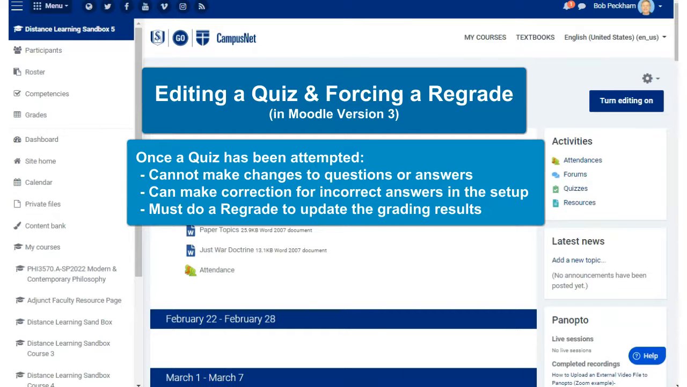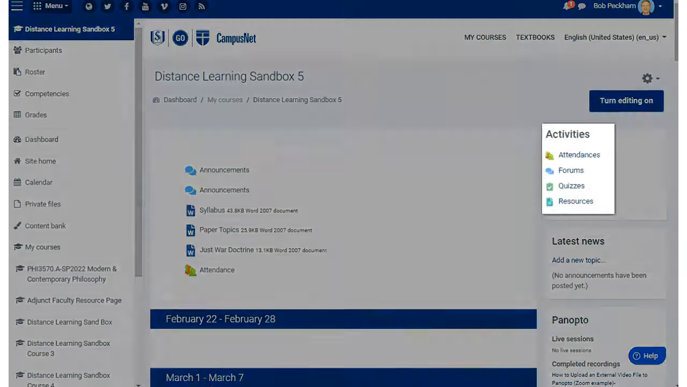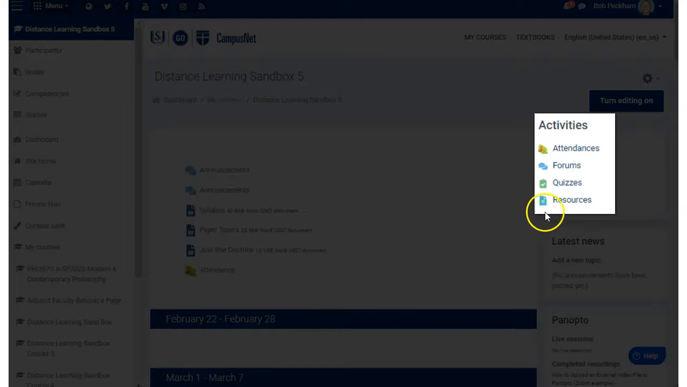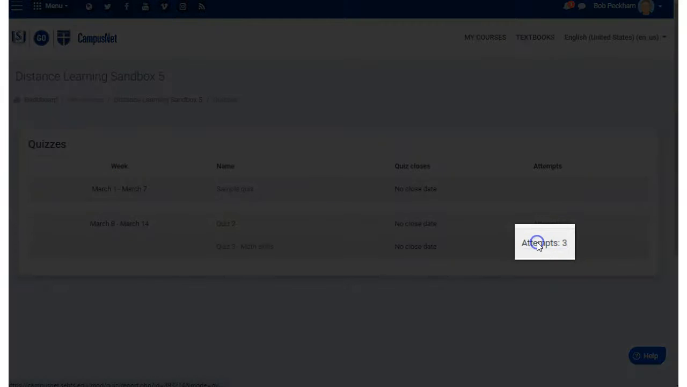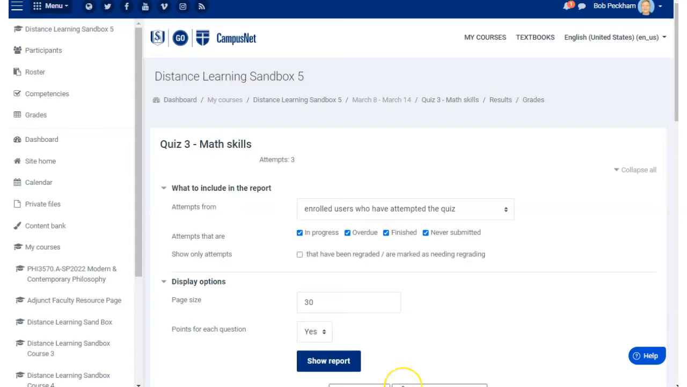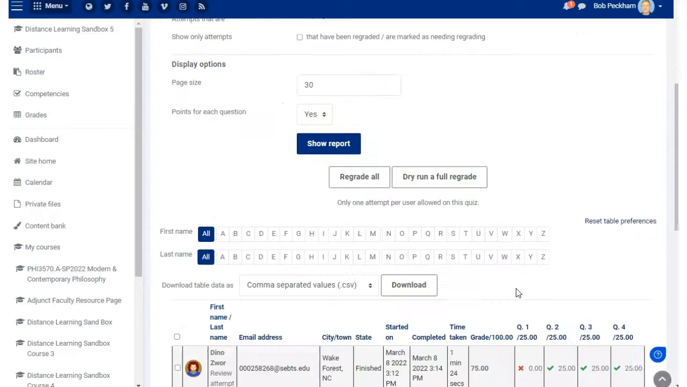graded correctly. To correct this issue from your course page on CampusNet, go to the Activities block and click Quizzes. Find the quiz you need to correct and click the Attempts link on the right side. On the grade screen that comes up, be sure the Attempts From pull-down is set for enrolled users who have attempted the quiz. Then click the Show Report button and scroll down to see the grades and results of each